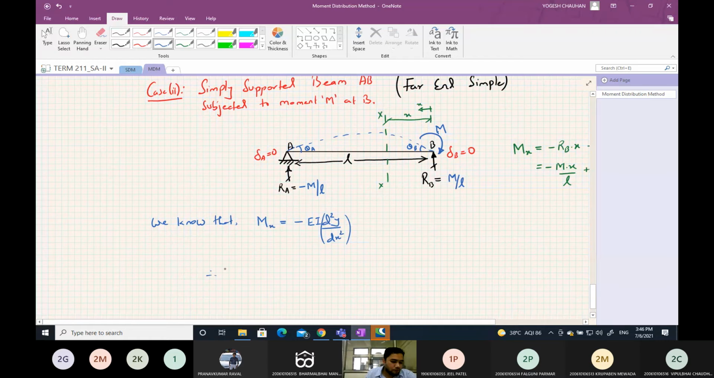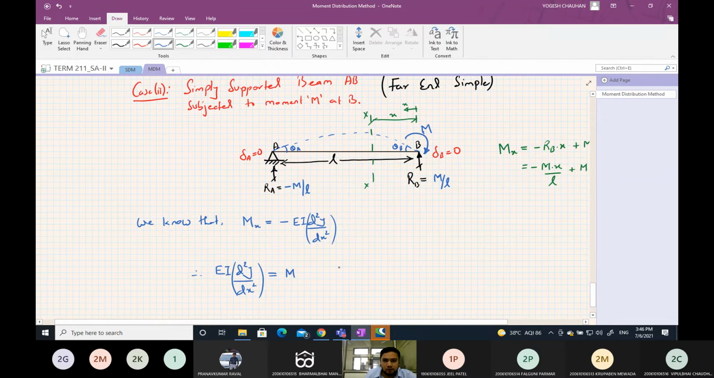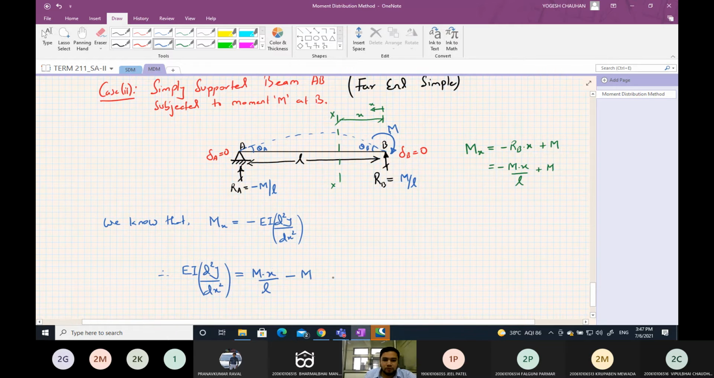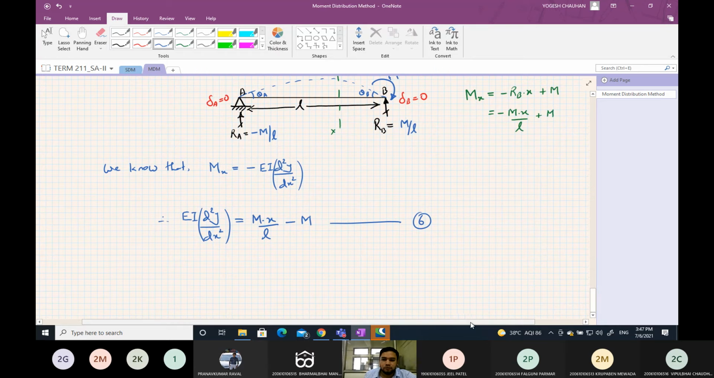So we can write EI d square y by dx square equals to Mx, this value Mx is M times x by L minus M. Okay, mark this as equation number 1. Now integrating this equation 1,